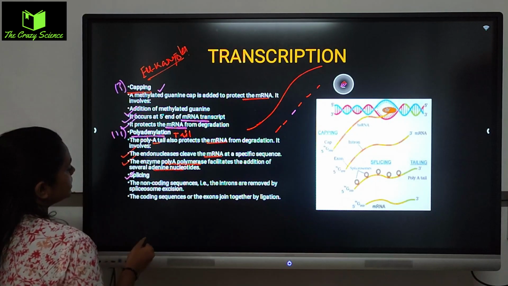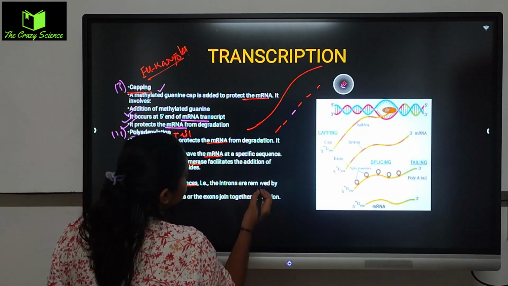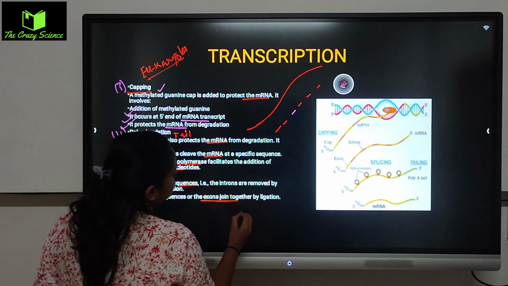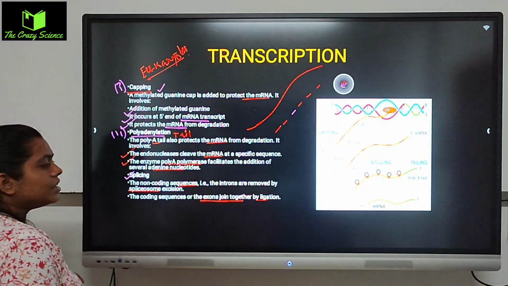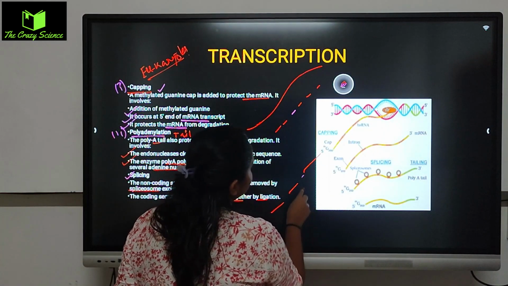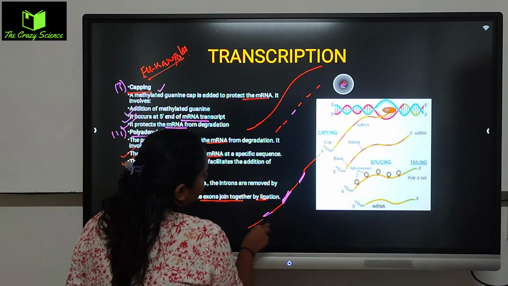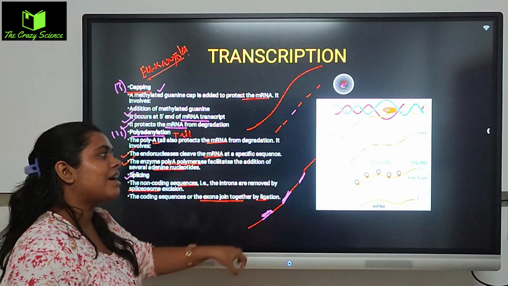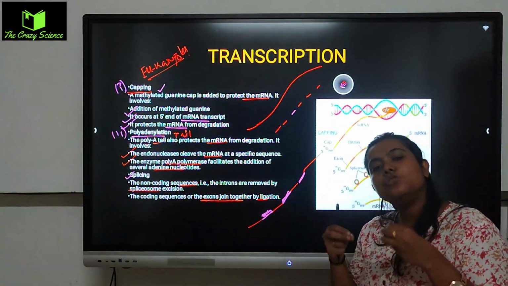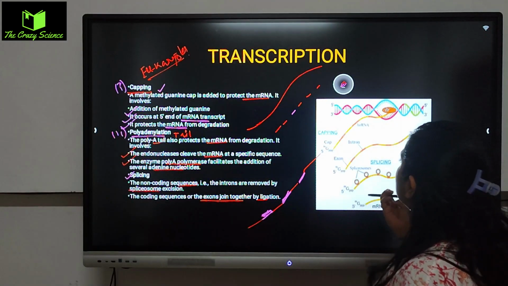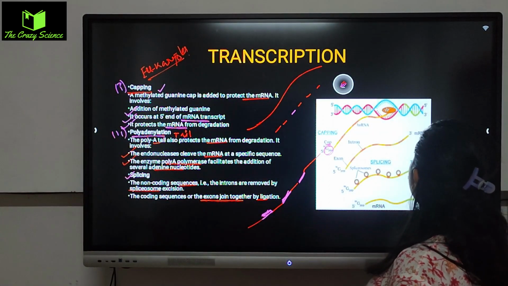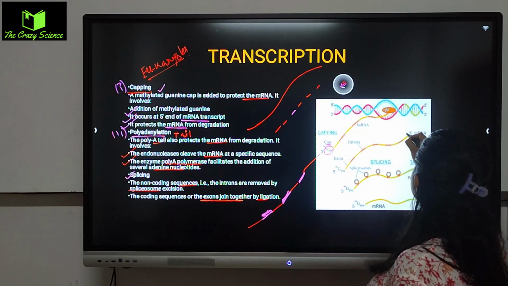Next is splicing. Splicing means the non-coding sequences, that is the introns, are removed by the spliceosome excision. The coding sequences, or the exons, are joined together by ligation. Ligation means when they are connected to each other. If they break, they will be connected because certain kinds of enzymes are there. So there it gets connected. From here you can see capping means they are having a certain kind of support, just to save from degradation. So here is a capping, here guanosine is attached, and you can see at the back tailing is happening, at the back place tailing is happening,